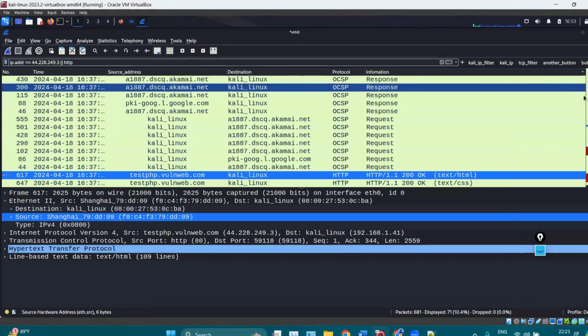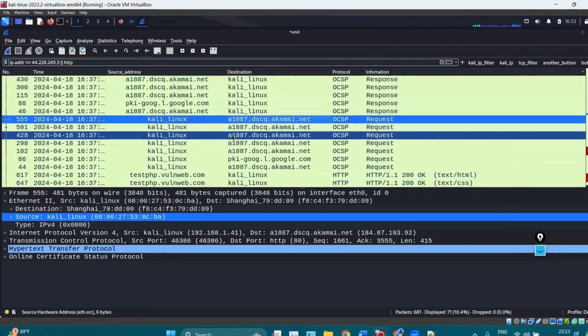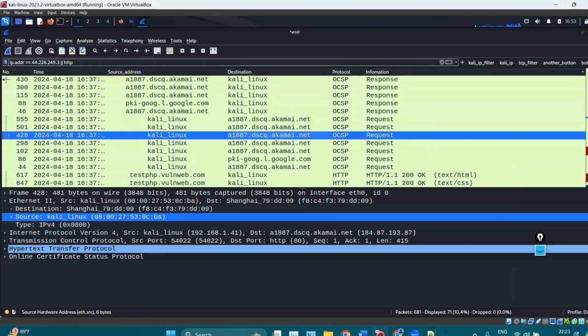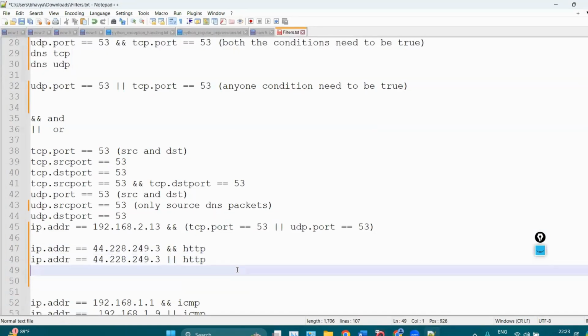So here you can see the packets of all other IP addresses, you can see this IP address also, plus we have these HTTP packets and so on. Okay, so that is the difference between OR and AND. You can combine your filters as per your requirement with the help of these AND and OR operators, or you can also use